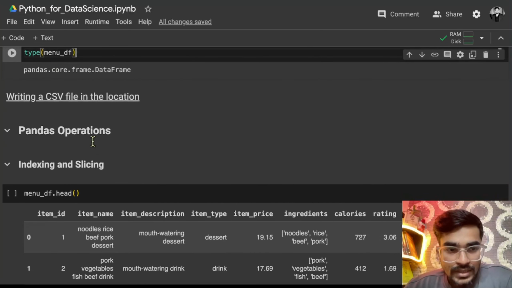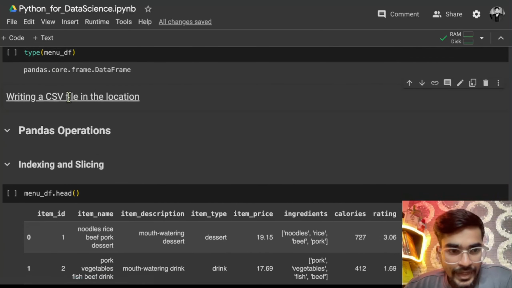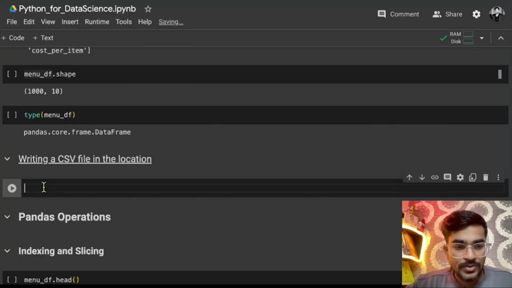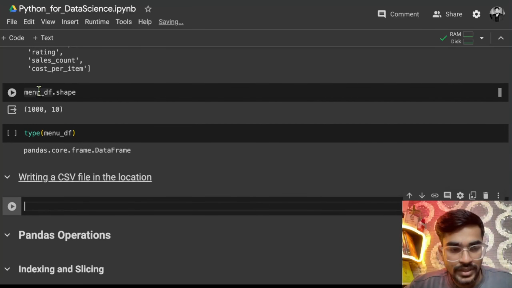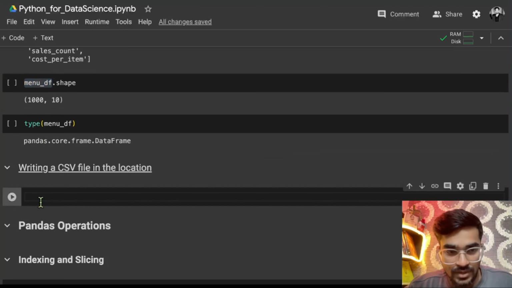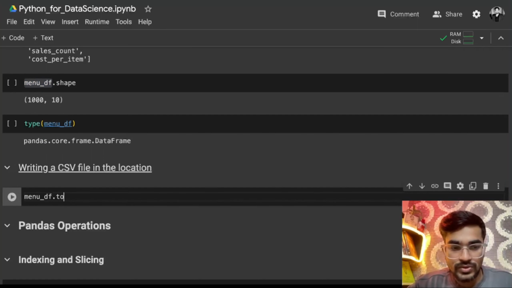Then there is writing a csv file to a location. You can also write the csv file. Let's say you have made some changes to that menu df and then you want to save it. For now I have not made any changes, but I'm just showing how you can save that. You use df dot to_csv, and then you give a file name. Let's say I will call it